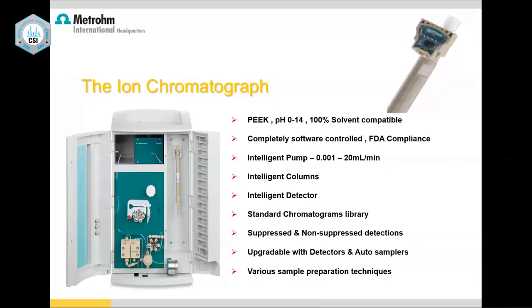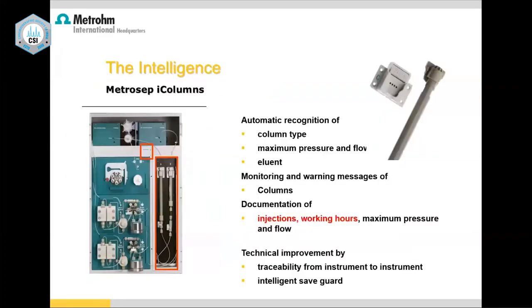And it's going to parameterize. Okay, this pump can go up to 5,000 psi. This can go up to 7,000 psi. So like this. So this is with respect to the pump, and then with respect to the column, it will help you with automatic recognition of the column type.